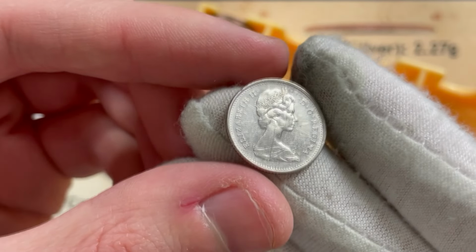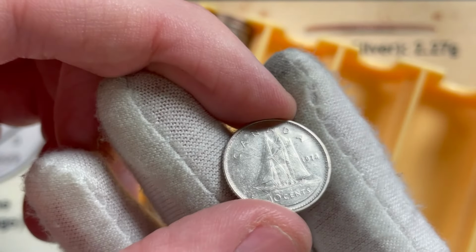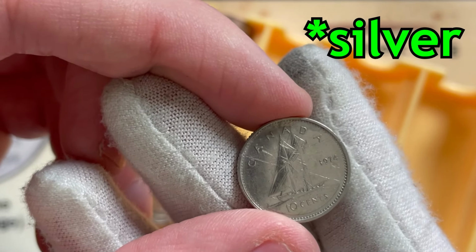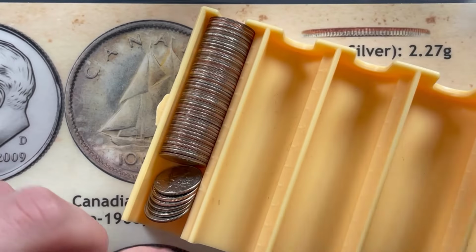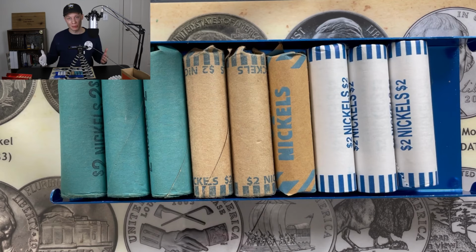We have only 3 more rolls to go, and the rest of them are machine wrapped. Let's take a look at this here. Okay, 1974. Unfortunately, that's not going to be Canadian. It's really scratched up. I don't know what it is about Canadian coins. They always get scratched up. Somebody must be angry at the Canadians for some reason. All right, guys, dimes were a bust, so it's time to move on to our next denomination, and that is